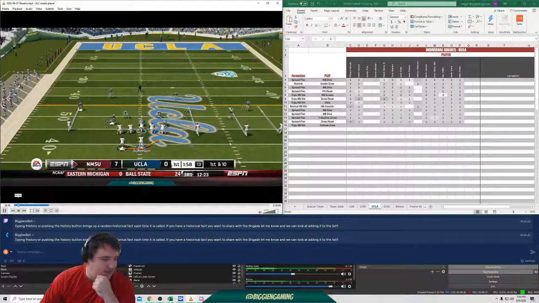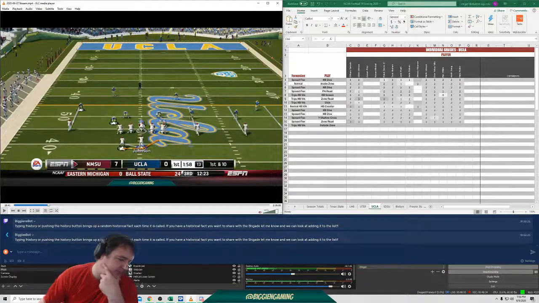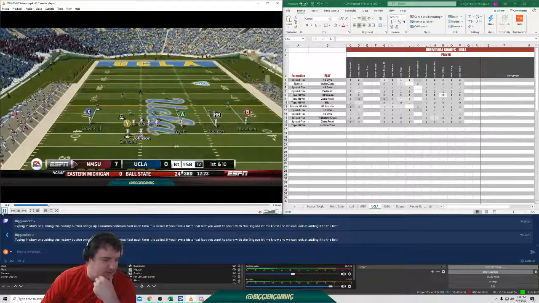So again, because of the way we're doing our personnel, their stud outside linebacker is not in the game. I've kept him off the field, so we're only dealing really with 2-star players and not 3. I did that on purpose. That's why you're seeing me run a lot of 4 receiver sets, because I knew that if I went with a tight end or anything else, I'd get that stud on the field, who was their leading tackler, and I didn't want him on the field against me.